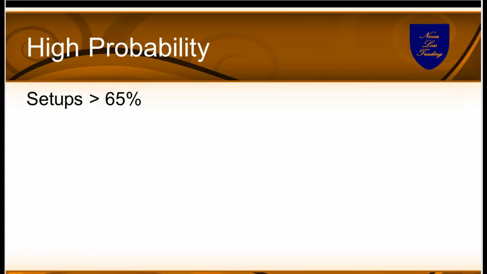Let us start out with a definition. What does high probability mean? It means to have an attainment rate above 65%. So that means out of 100 trades, your system should give you 65 winners and 35 losers. So if you are there already, then that's super good. Then this video is not for you. If you're not there, listen very well to how we can help you to move in that direction,